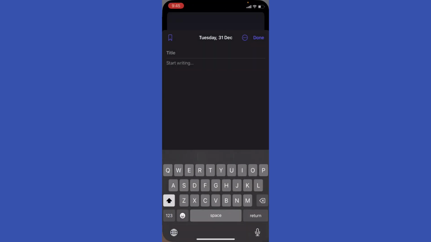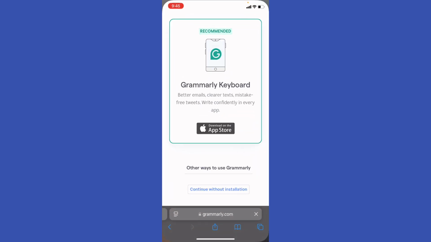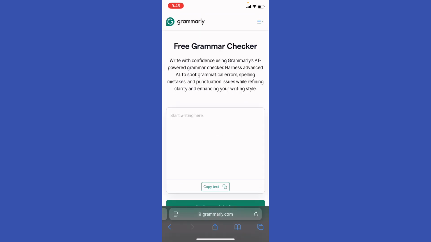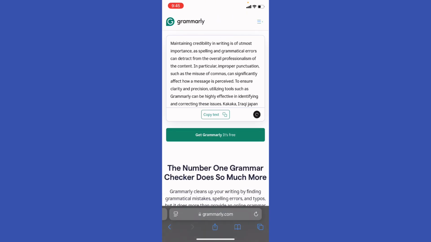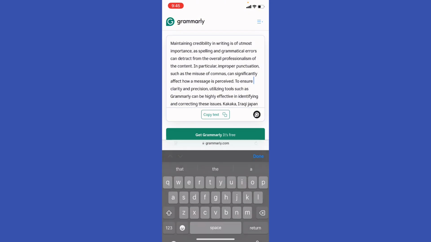And then what you're gonna do, you're gonna go ahead to the website. I'm gonna go ahead to the official website, right? And then I can continue without installation, right? And first of all, set up your writing goals. If your intention of that article or of this text is to modify mistakes or set the tone for this text to be a press release or formal or casual or neutral, you can do that by selecting the empty space,